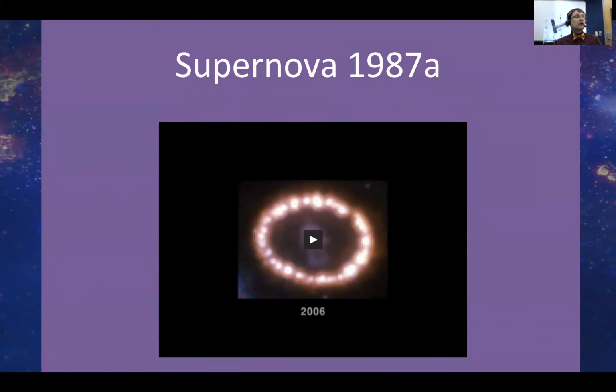And here I've got a series of Hubble observations, so what this looked like with these great telescopes. And you can see how this actually has changed over the course of our lifetimes. What's happening here is actually the shock wave from the supernova getting out to this ring of dust that was already out around the supernova, and it's starting to compress it, and it's giving off more and more energy that we're able to see. And I believe this year it started to enter a new phase where I think that ring is starting to dim a little bit. Correct me if I'm wrong, Brandon. So that's another way in which it's changing.